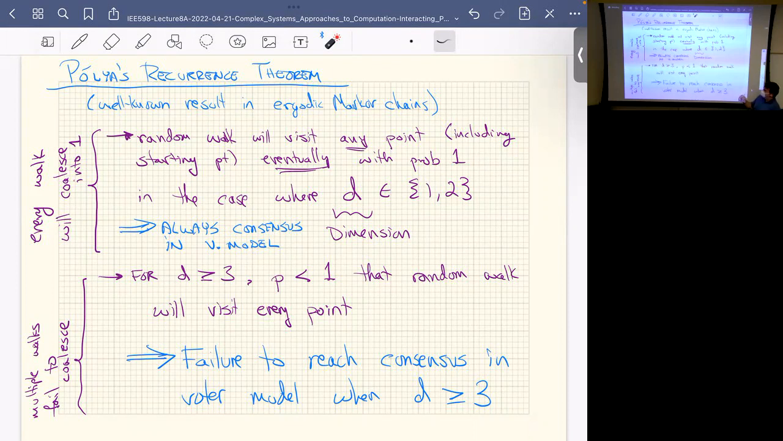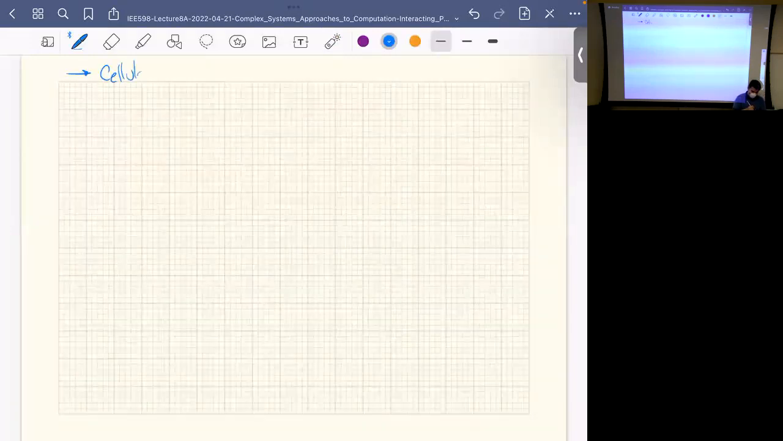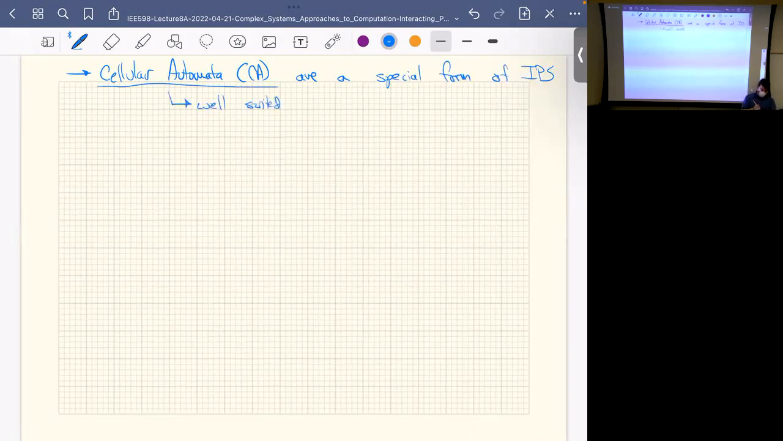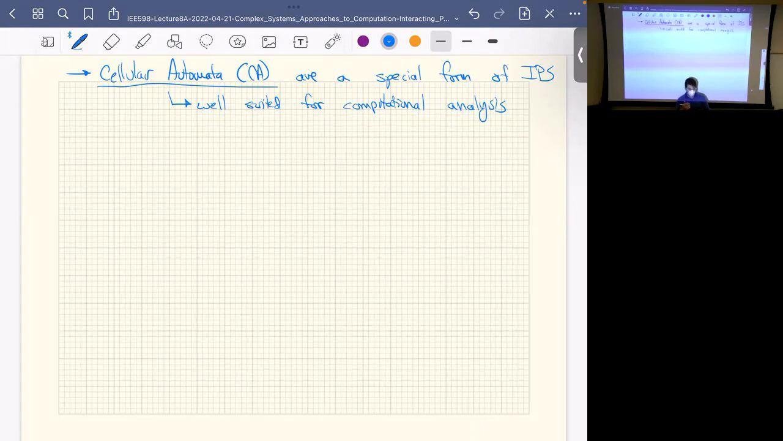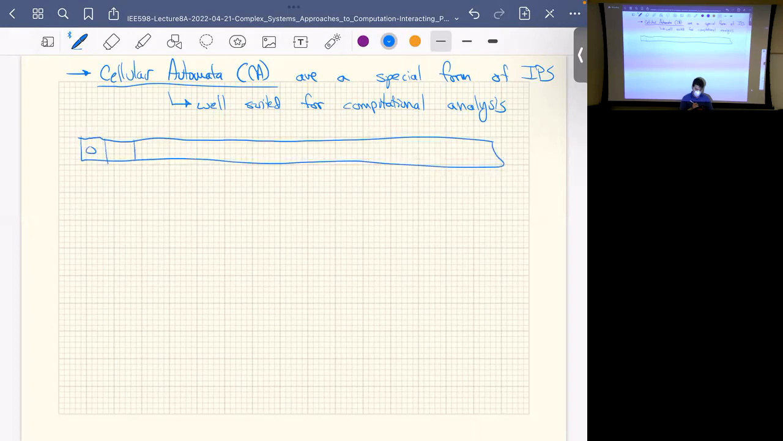like I said, how many people have heard of cellular automata, or seen cellular automata, CAs? Okay, so where we're going in the last two lectures is that cellular automata are a special form of IPS, and these are particularly well suited for computational analysis. If you haven't seen these before, it wouldn't surprise me if you maybe have, but just didn't recognize them as being called this. These are the things where, if I've got a grid of cells and I put a 0 or a 1 in each cell,